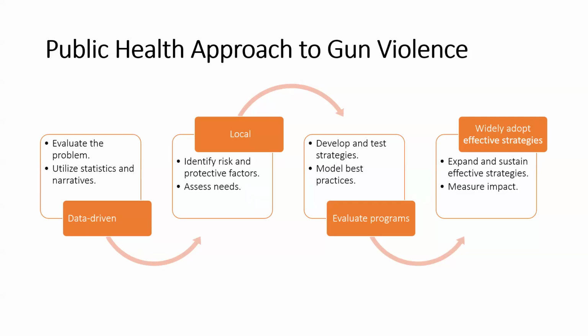developing best practices and understanding what were evidence-based practices that we should be implementing to address gun violence, and then how do we widely adopt effective strategies? So being able to actually implement and then measure the success of what we're looking at. And so some of this for us is treating gun violence, and understanding that we need to treat gun violence similar to that of disease spread, right? That we can identify who is high risk, that we can disrupt transmission, and knowing that gun violence moves in similar patterns. So the things that we do in public health to address disease states are also effective in addressing gun violence. Next slide, please.